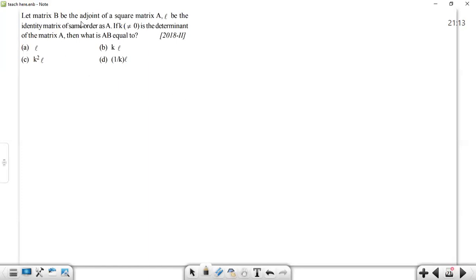Let matrix B be the adjoint of a square matrix A. So the adjoint of A matrix,